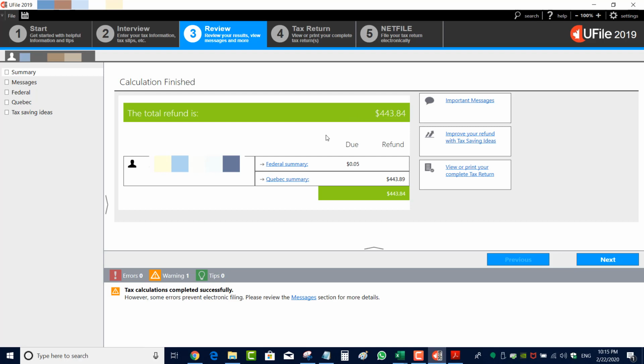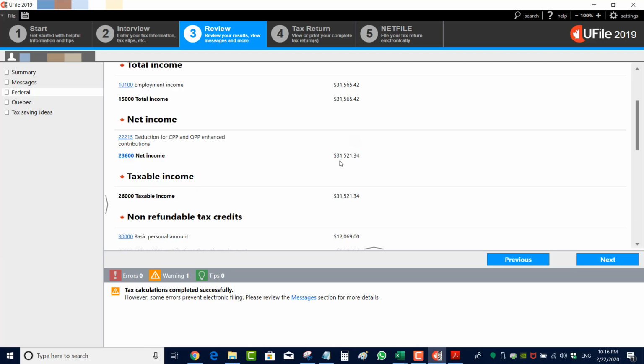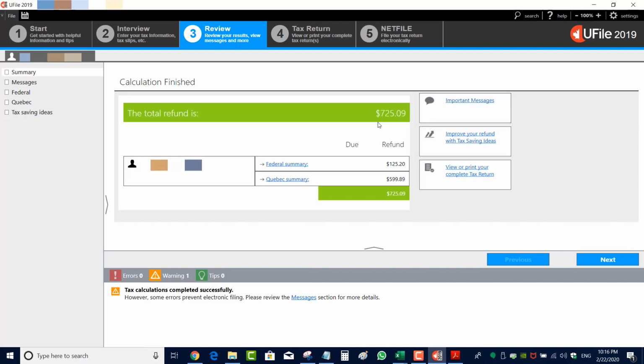You can see that this case here is getting a refund of $443 without making any RSP contribution. This person has a net income of about $31,000. Now let's see what happens if we give them a $1,000 contribution to their RSPs. How much more of a refund will they get? They went from $443 to $725, so about $300 extra of refund for contributing $1,000 to their RSPs,